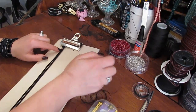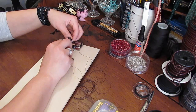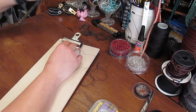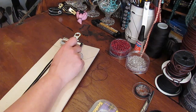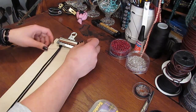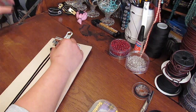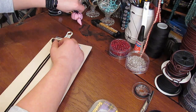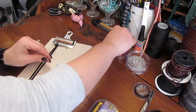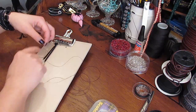So I've just threaded on my first bead. I'm going to go under the right cord and through the bead and pull. Now, I've watched tutorials where people double the cord, and I can tell you that gives just a huge headache because you have a whole lot of knotting going on. And this beading thread is so strong that I personally don't think it's necessary to have it doubled over. So I just went under my left one,